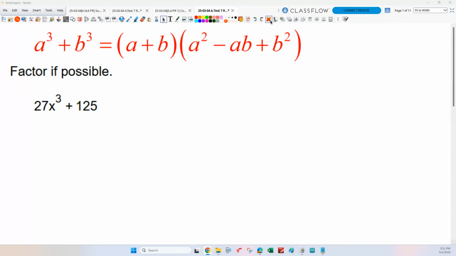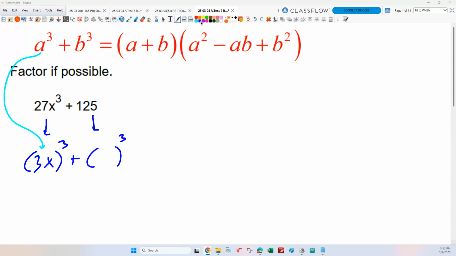Good. And so our job here, remember, is just to determine what's taking the place of A and what's taking the place of B, right? That's it. So we want to take this first term and write it as A cubed, and the second term and write it as B cubed. Well, what's our A? What's the thing that we're cubing in the first term? 27. Okay, but what are we cubing to get 27x cubed? 3x. Okay, so 3x is our A,